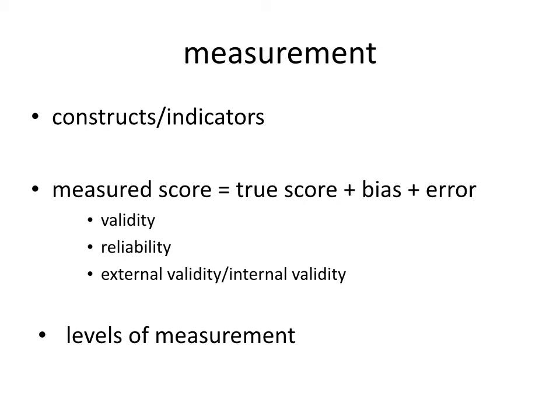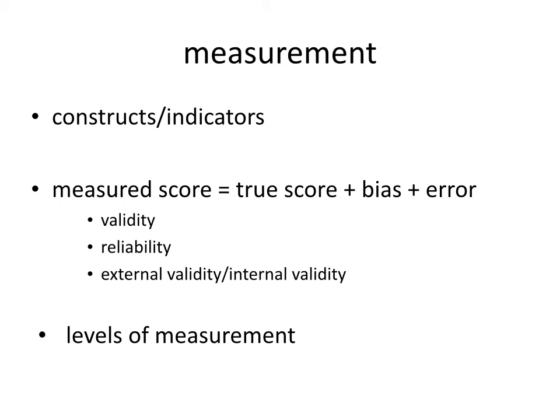Error is a random deviation. Now, our wooden stick will expand and contract due to heat, the temperature, and the humidity of its environment. And assuming that temperature and humidity are uncontrollable, they're not necessarily random, those deviations are going to contribute to error. So it would be error in the sense that we don't know which direction they're going to go in. So if we didn't know the temperature and the humidity at the time of the measurement, then we wouldn't know whether they had expanded or